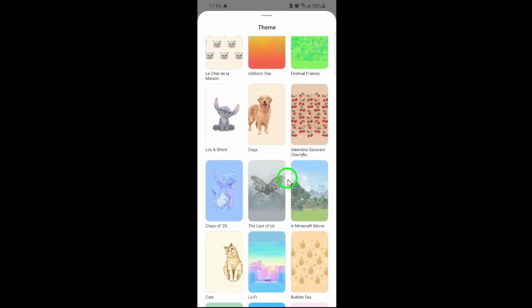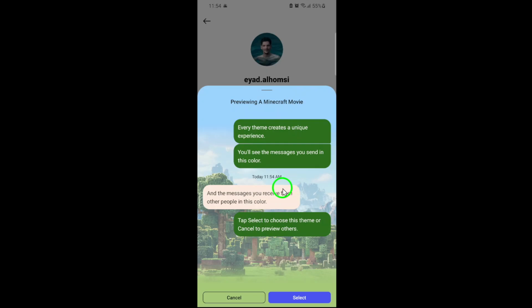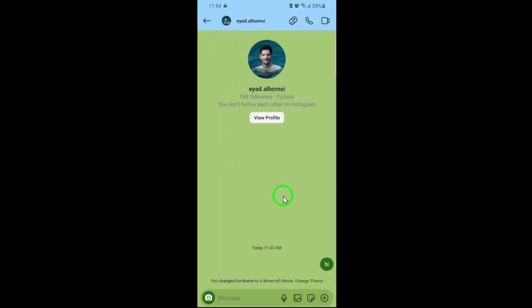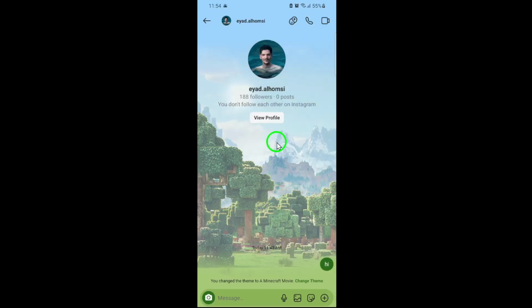Scroll through the options and pick the color that best suits your style or mood. Whether you want a calming blue, a bold red, or a playful purple, there's a color for everyone. After selecting your preferred color, the chat will instantly update to reflect your choice. Now, every message bubble and background element in that conversation will show your new color theme, making your chat feel